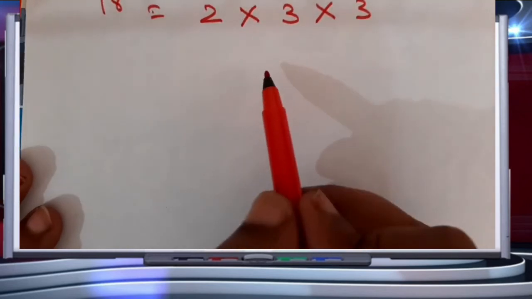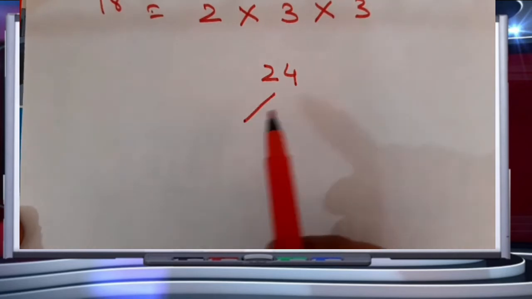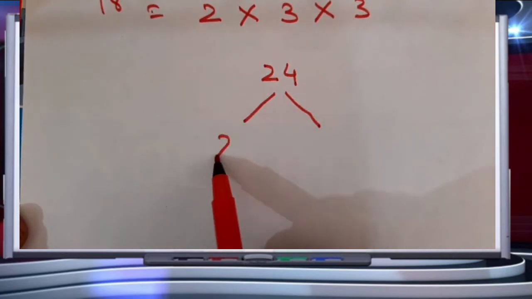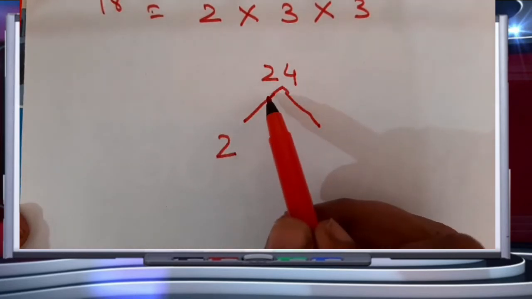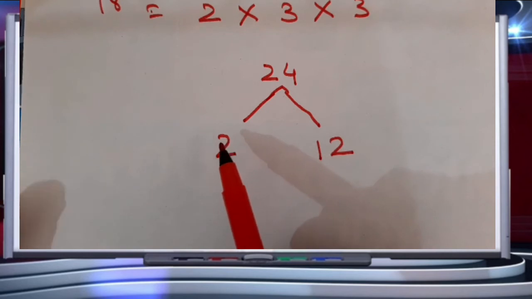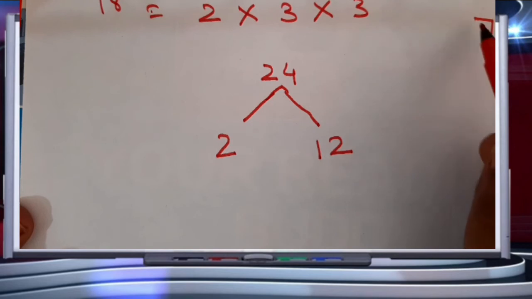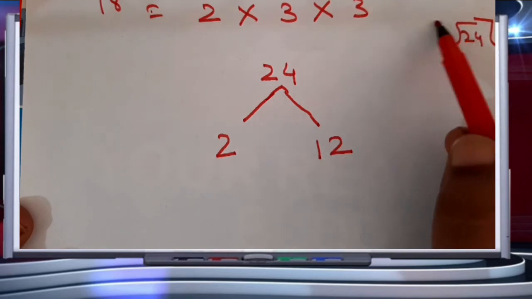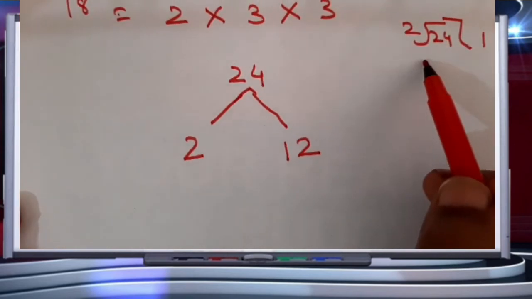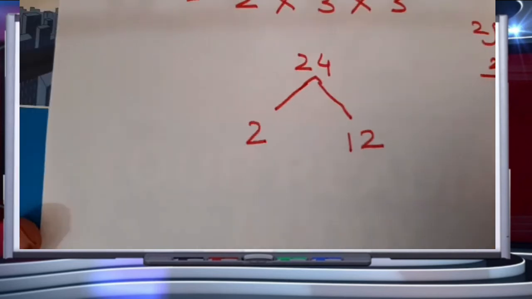I will take the number 24. As usual, I'll start with the first prime number, which is 2. 24 is an even number, so it comes in the table of 2. 2 12s are 24. Students, if you have any difficulty in finding this, you can make a rough column and you can divide and see also. See, 2 1s are 2 and then 4. 2 2s are 4. See, it is 12.